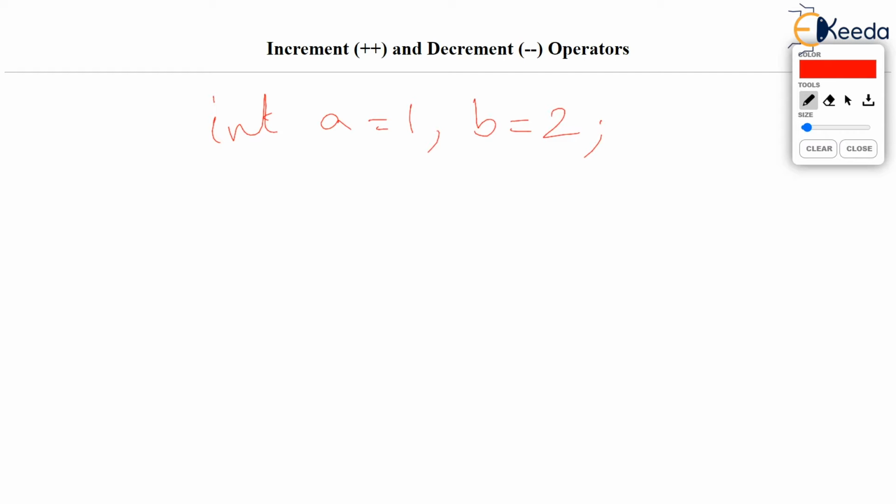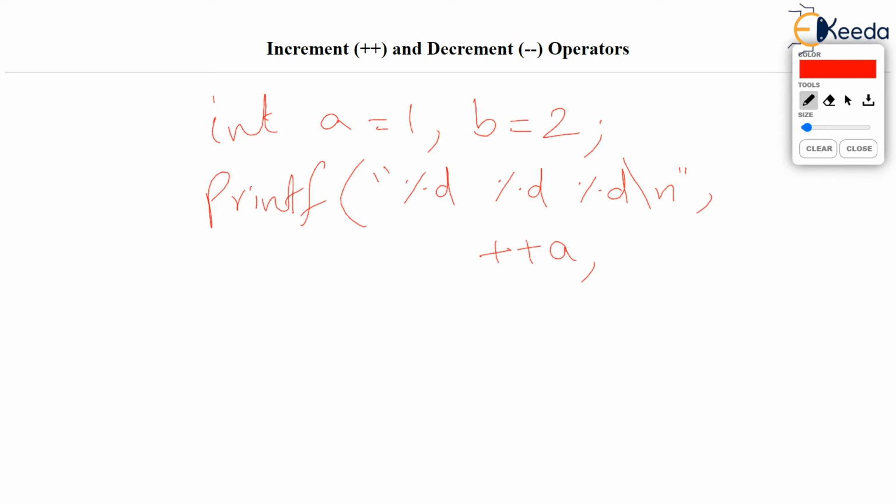And the printf we give is %d, %d, %d, \n, comma. Let's say I give ++a, comma, a++, comma, let's put a++ again, semicolon.